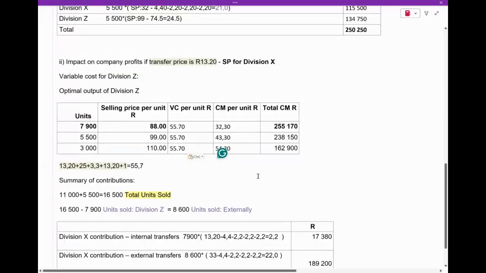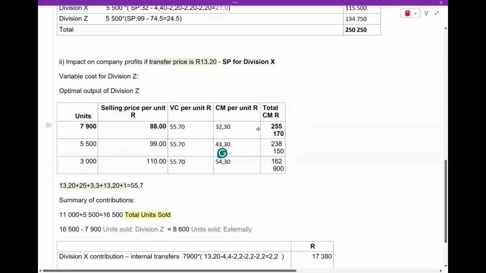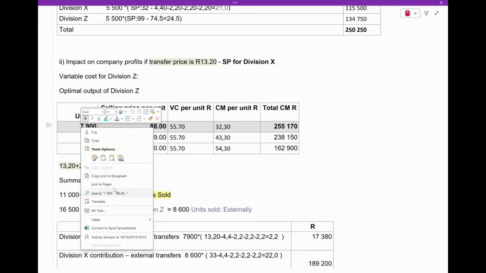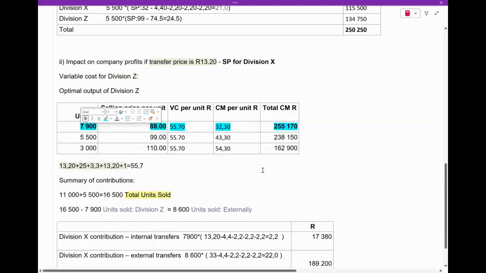And then once you have those contribution margins, you'll times them by the number of units. Okay. Now, you can see here, this is where we earn the most profit. So this is how many units we are going to buy. Does that make sense? There's no point in buying 5,500 units when we're going to earn less. There's no point in buying 3,000 units when we're going to earn less. All right. So we're definitely going to buy 7.9. So we then have to ask ourselves a question. We know that